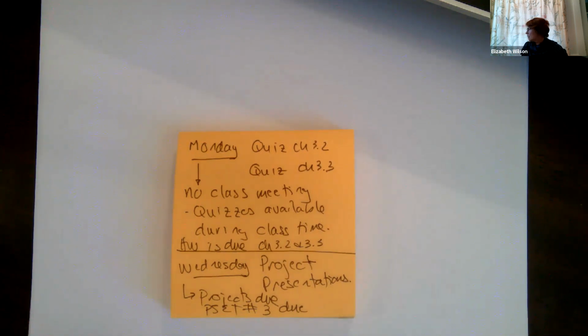The 7th, oh, I didn't change my calendar. The 7th is Monday. We can change that to Wednesday. Do you guys want the PSET to be due on Monday or Wednesday? It's up to you. What would you guys like? We can vote. Want it Wednesday? Okay, I get 1 vote for Wednesday. Anybody else want it on Wednesday or you want it on Monday?